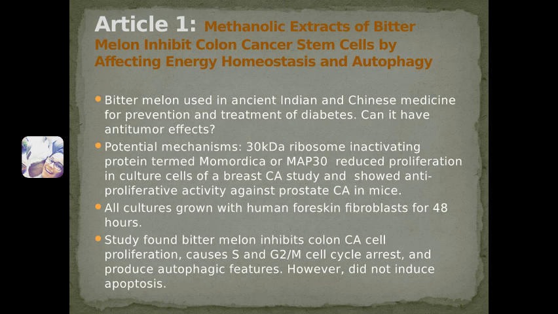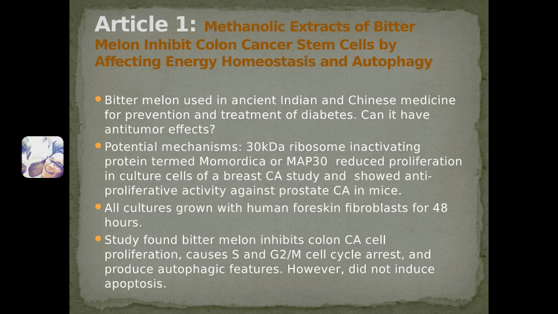So bitter melon is used in ancient Indian and Chinese medicine for prevention and treatment of diabetes. So basically the objective was to find whether it can have anti-tumor effects, which is what the article is about. So potential mechanisms that bitter melon has: